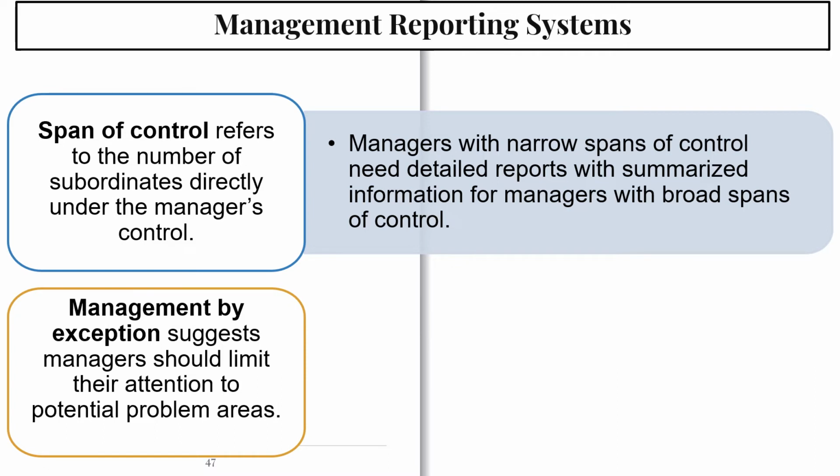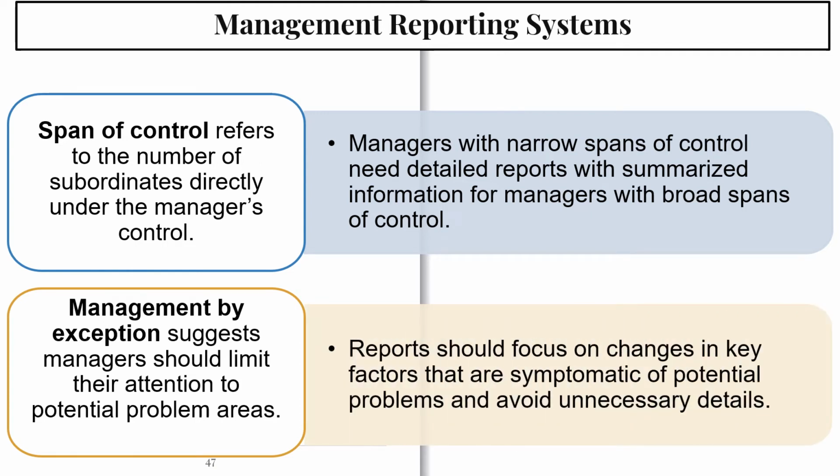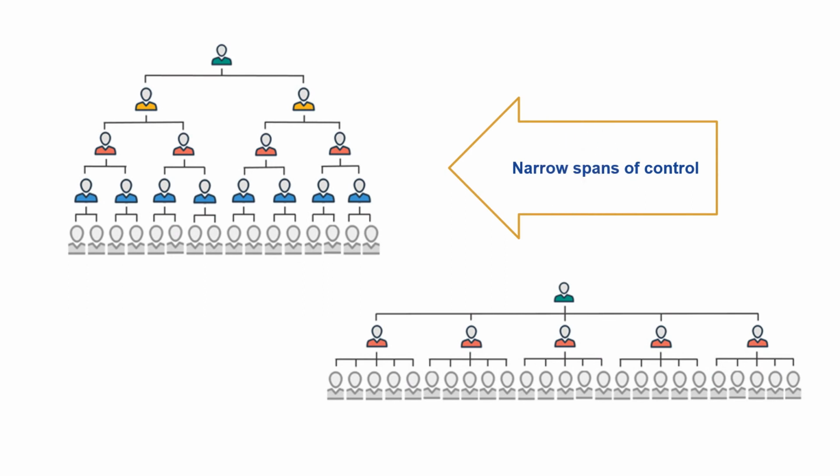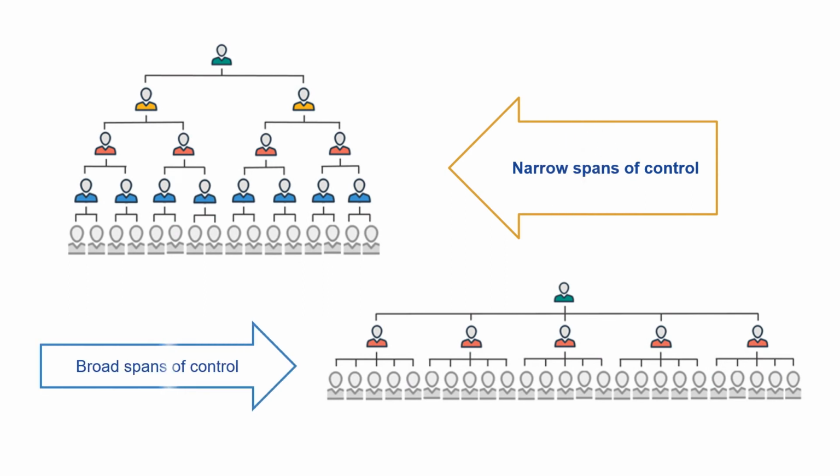Management by exception suggests that managers give more trust to the workers, and he or she limits their attention to the potential problem areas only. So the reports should focus on the changes in key factors that are symptomatic of potential problems and avoid unnecessary details. Here we have examples of narrow span of control as well as